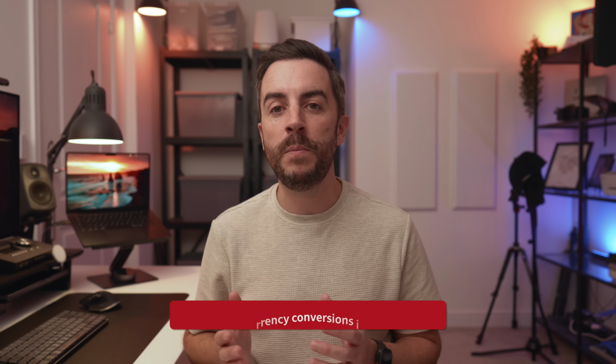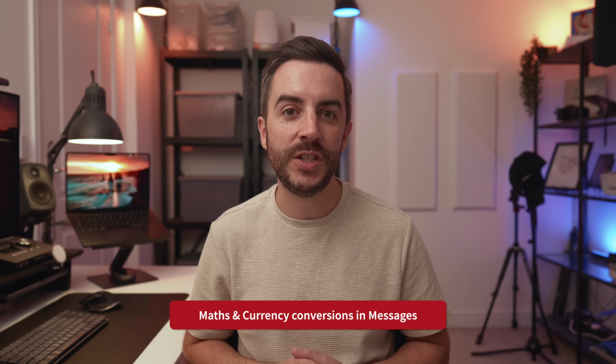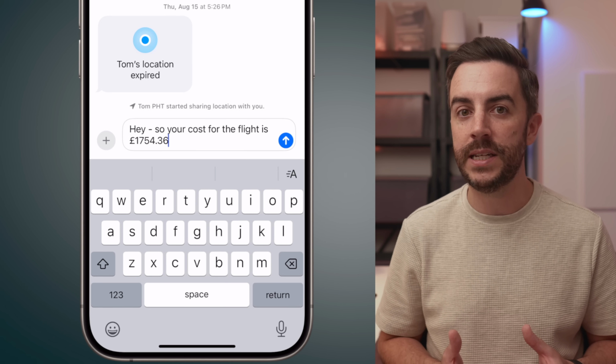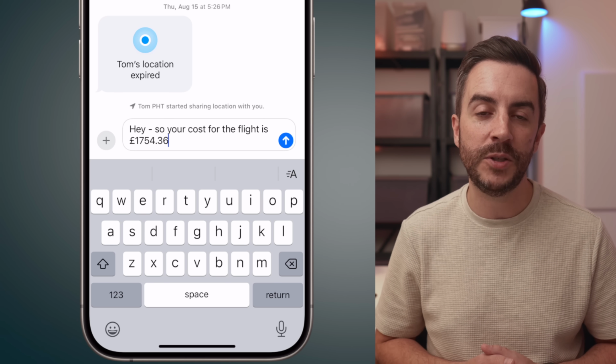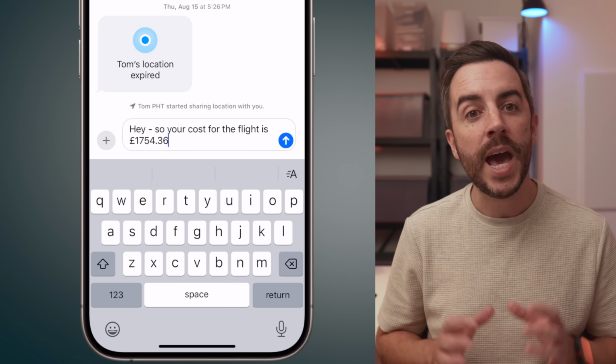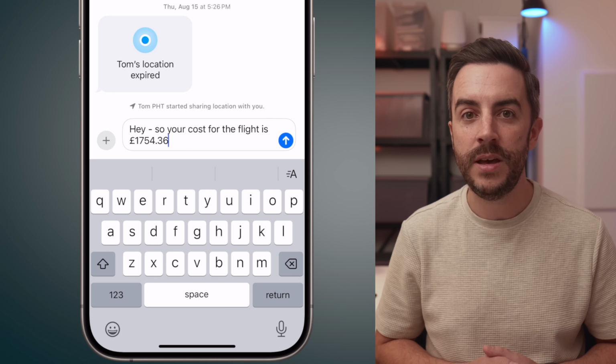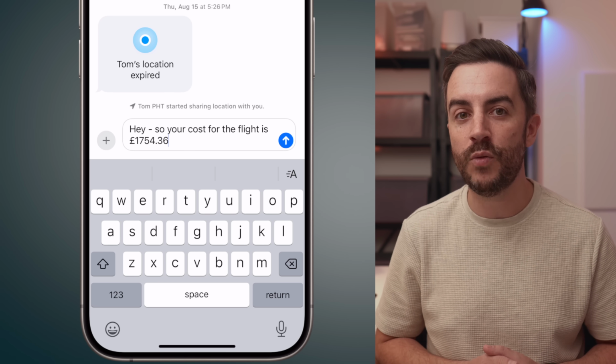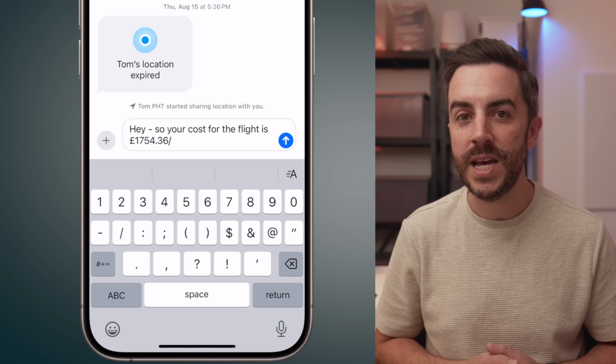You can now perform both maths and currency conversions directly in the composition screen of apps like Messages or Mail. While this might not sound like a big deal, it's actually really useful. For example, let's say that I'm messaging a friend to let them know the total cost of some flights that I've booked and paid for, and I want to tell them how much they owe me. Instead of using a calculator, I can just type the total cost and then write /2 equals to divide that